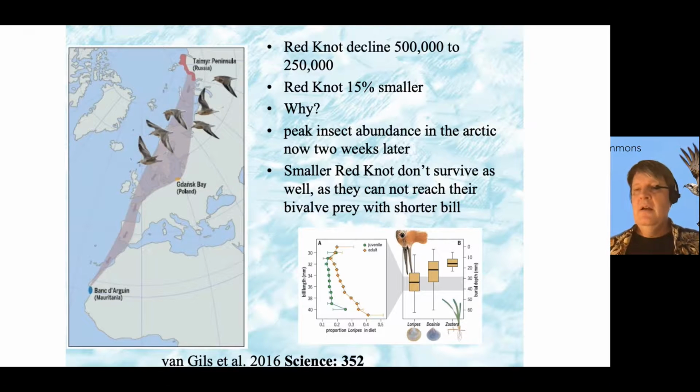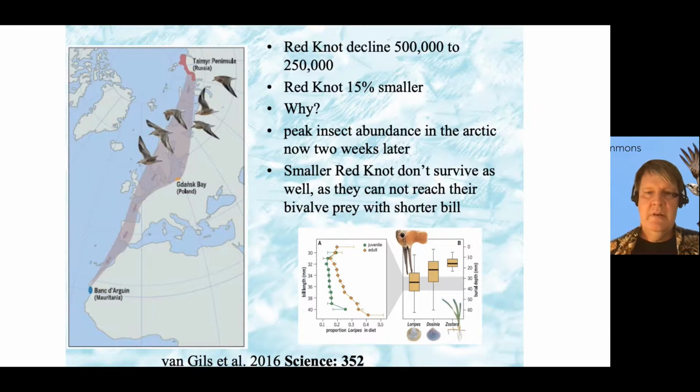So the chicks are hatching at the same time, but the insects have already come and gone by the time they've hatched. So they don't have as much food to eat. So they're getting smaller. Well, so what? You've got a smaller red knot, not the end of the world. Well, it turns out when these red knots fly down to West Africa,